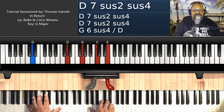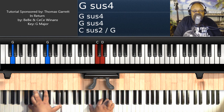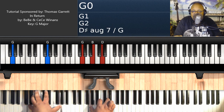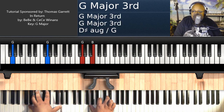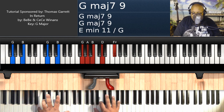Then you're going to play a G sus4 chord, G on the left hand, G, C, D on the right hand, and then you're going to resolve it to a G major chord. G on the left hand, G, B, D. Okay, so let's take a look at the chorus. So with the chorus, you have...